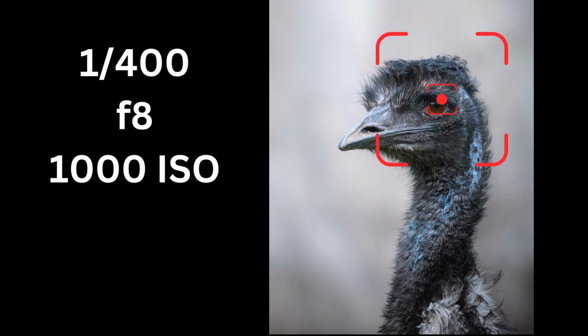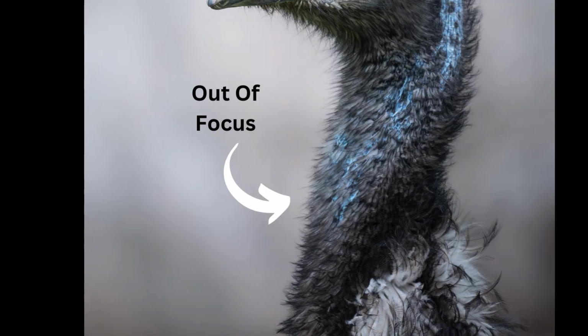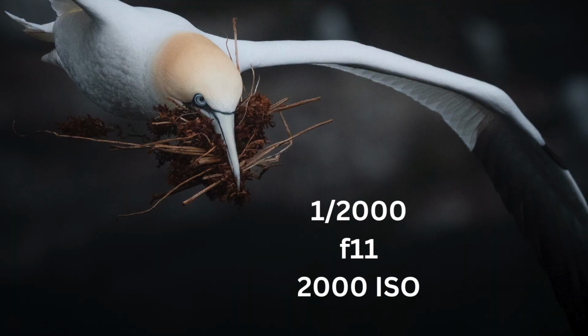Focus is on the eye, but if you're really looking for tack sharp, I was shooting at f8 and I was really close to this emu. This is a really friendly emu. And if you look at the neck, the feather detail in the neck is out of focus. Too close. There's depth there. The eye and its head is closer to the plane of focus than its neck. But if I was shooting at something like f11 or f14, I probably would have gotten the entire emu in